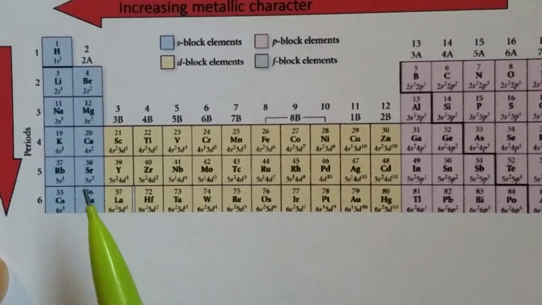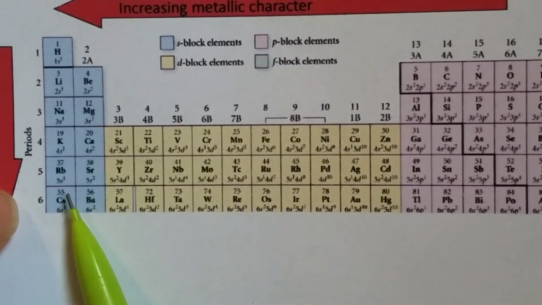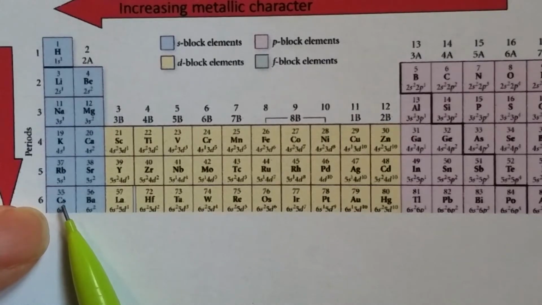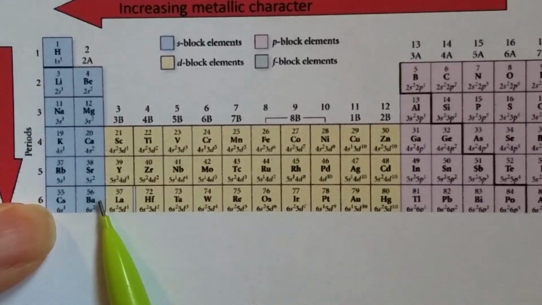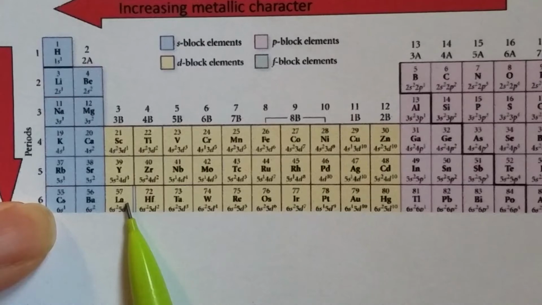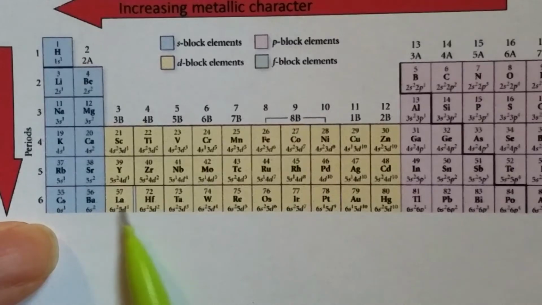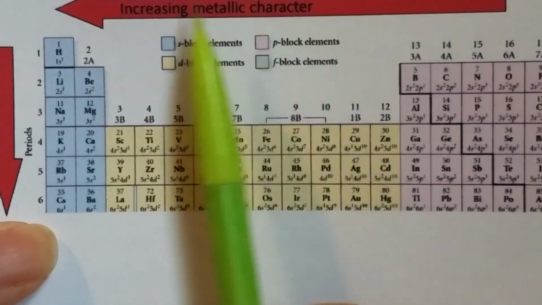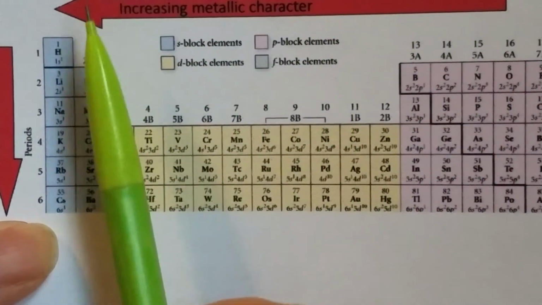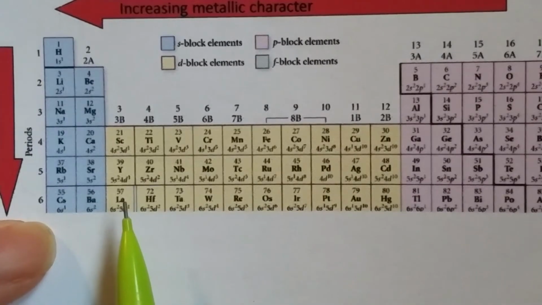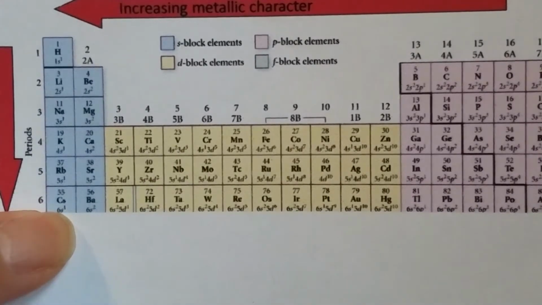So you see we should have cesium, that's atomic number 55, and then barium, atomic number 56, and then lanthanum, atomic number 57. So the order you can see is increasing from right to left. So from this trend,